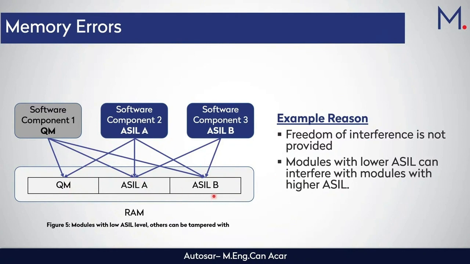And this creates the following problem. Software modules with lower SL level can access and interfere with memory areas of modules with higher SL level. And you can see in the example on the screen, a software module from QM or SLA level can interfere and override the RAM area written by the SLB level software module. This unauthorized write operation can lead to corrupt memory portions and overflow. This situation impairs the functional safety of the